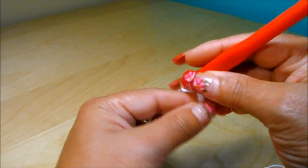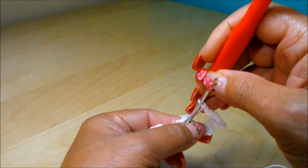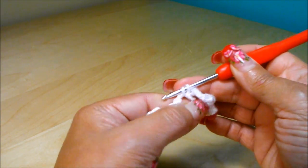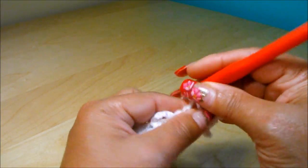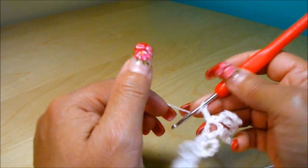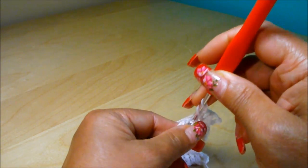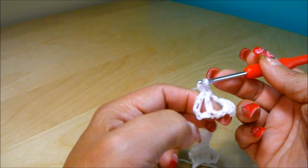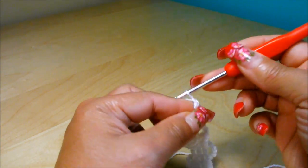chain 2, and go to the 5 loops, the 5 chain loop, and do a single crochet. Chain 2, turn the work around, and do 1 double crochet. Chain 5,